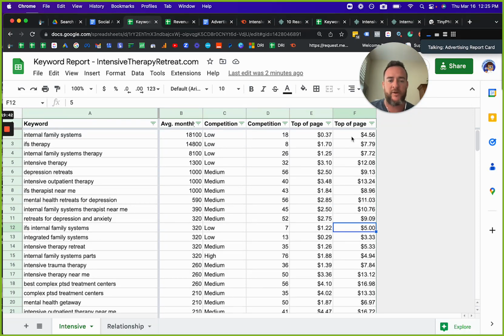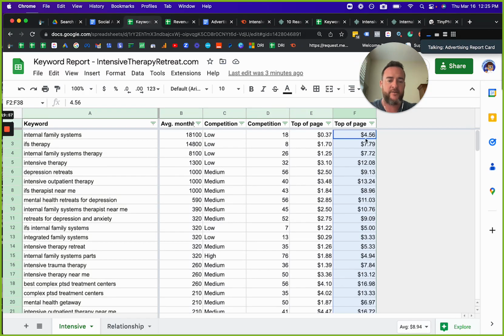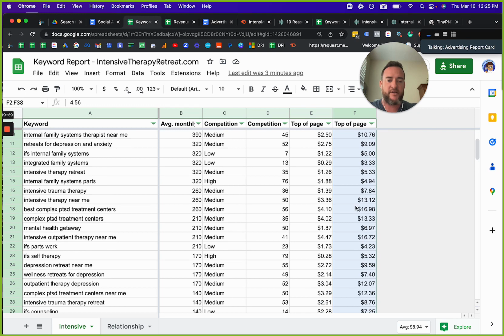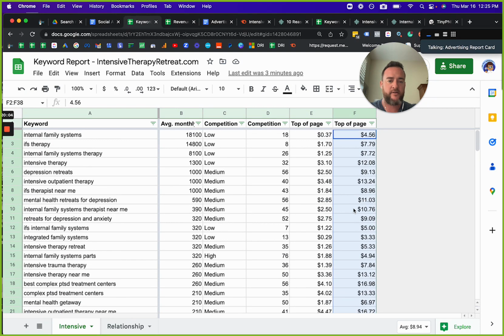But in general, we can also use the keywords that we pull from analytics to target keywords that are going to be productive. But at the end of the day, what we're looking to find here is an average cost per click to start. So by highlighting all of these, if we go to average, we're around $9. I'm a worst case scenario type of person to start these kind of conversations, so we're going to find the highest cost per click.